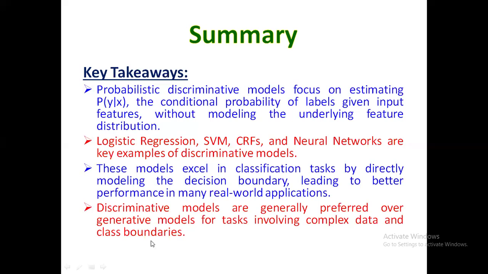And by focusing on learning the decision boundary between classes, they often deliver better performance, particularly when the underlying data distributions are complex or unknown. Discriminative models are widely used in practical machine learning applications due to their flexibility, efficiency, and ability to handle high